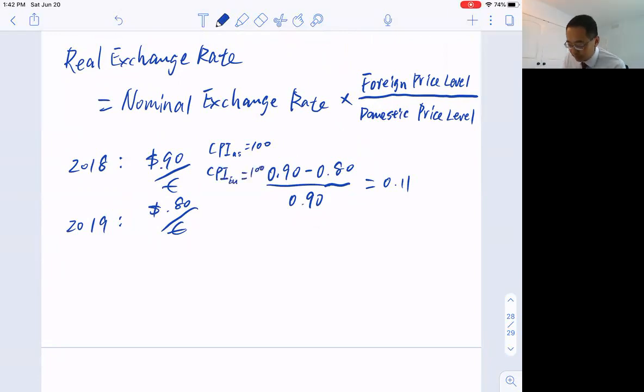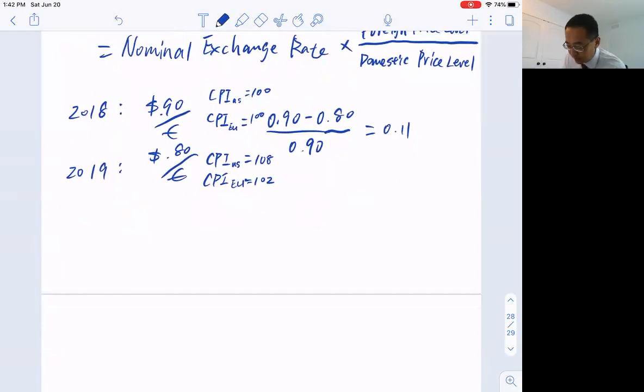Now in 2019, the CPI of the US, let's say, is 108, and the CPI of the EU is 102. So there's more inflation in the U.S. than in the European Union. If that's the case, your real exchange rate,